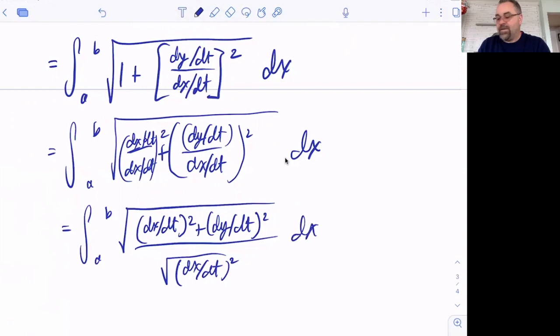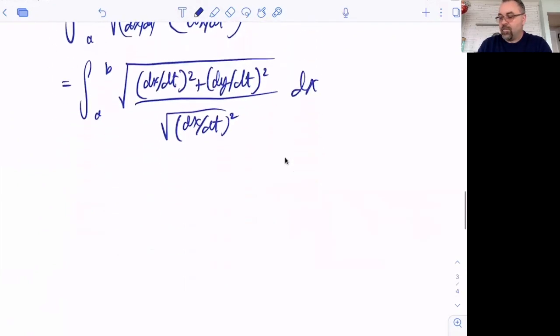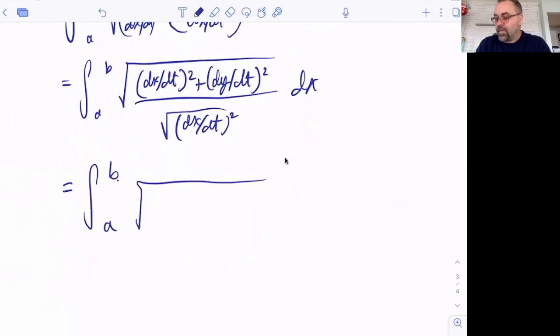Well, (dx/dt) squared square rooted is just dx/dt. So we have the integral of the square root of (dx/dt) squared plus (dy/dt) squared